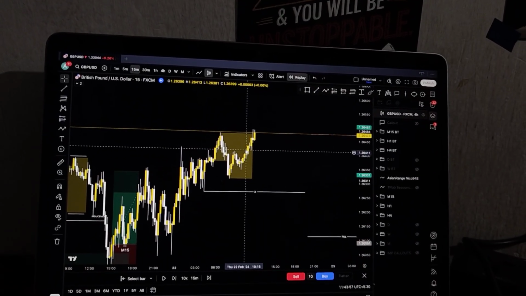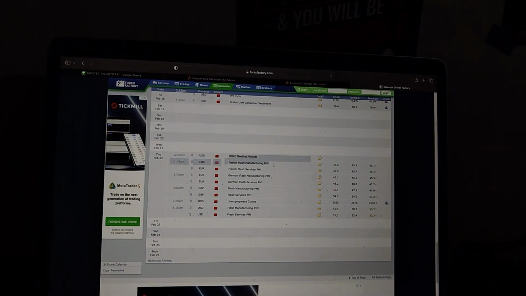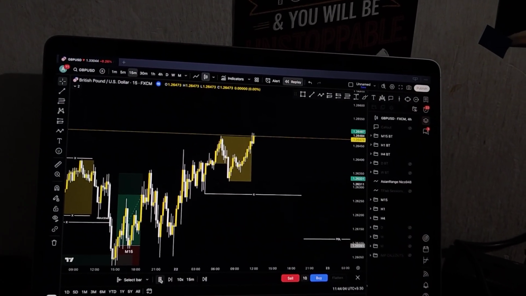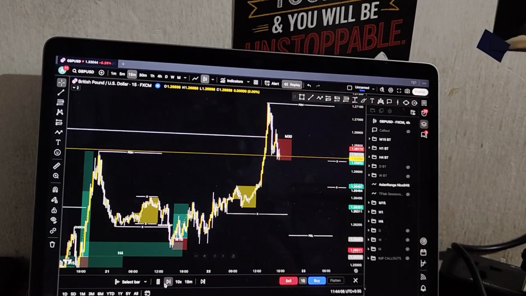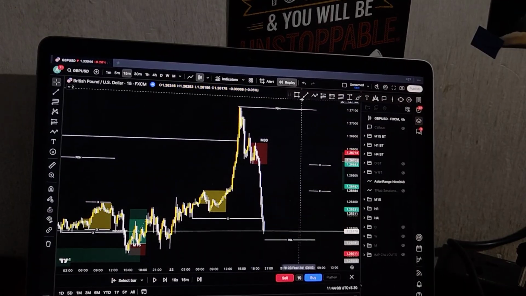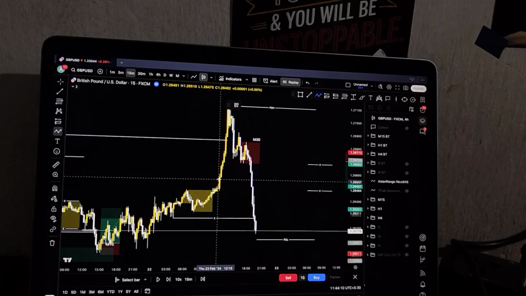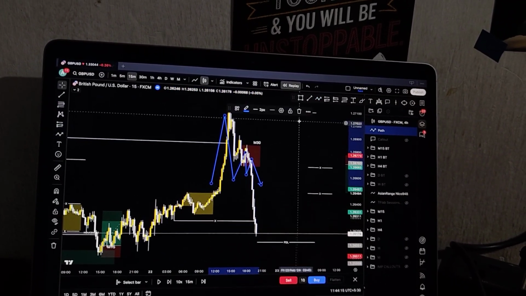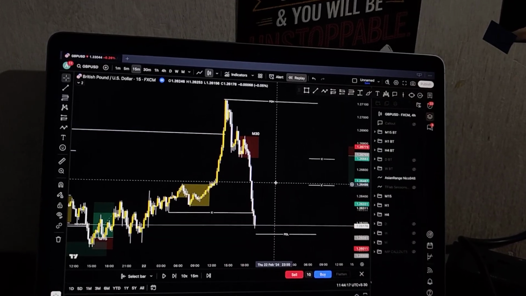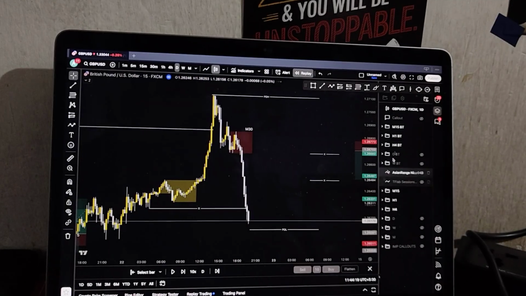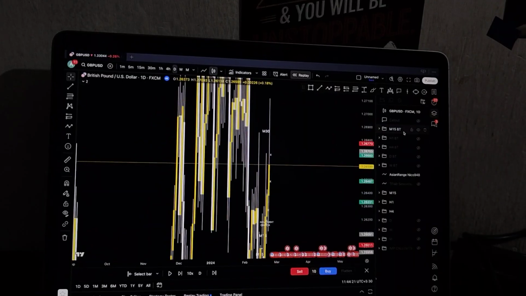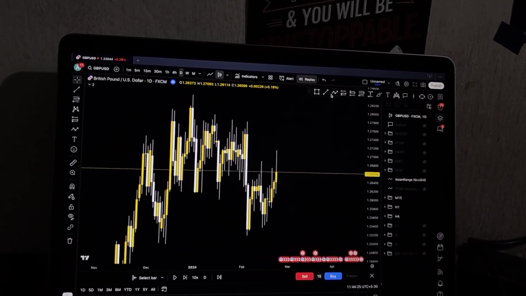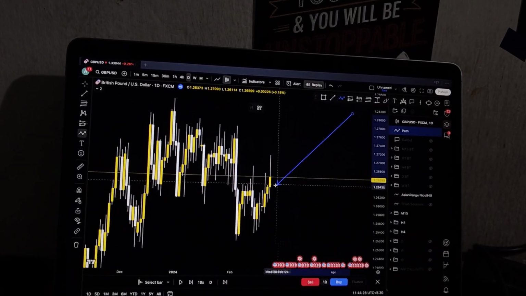So on Thursday also there was no trade day, and also there was lots of news on Thursday. So very high chance of markets being manipulated, and it was a continuation model, and the market didn't give us our trade. There were fair value gaps all around here on the M15, but literally none of them got respected, so I didn't take the trade. Simple.